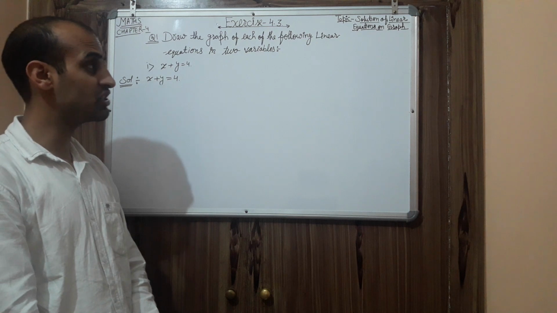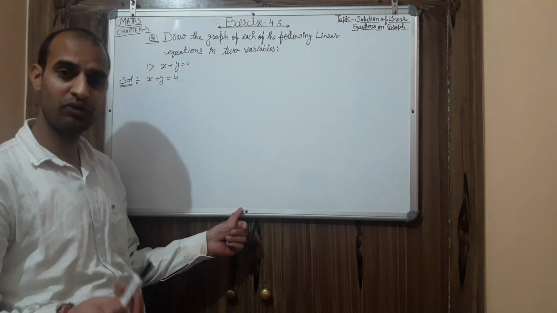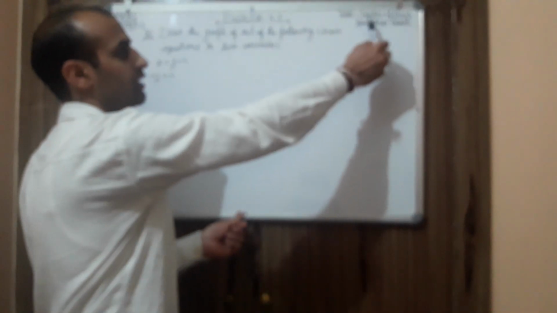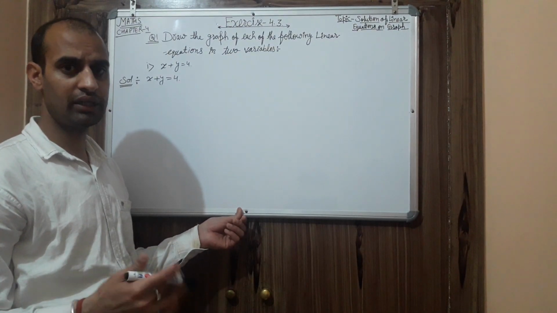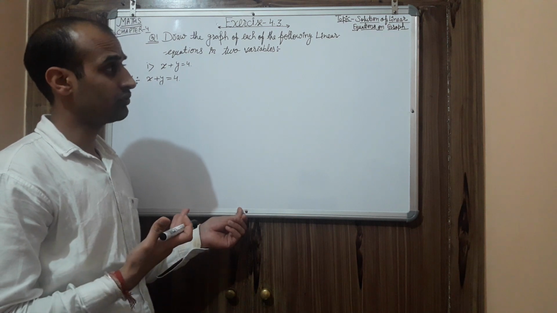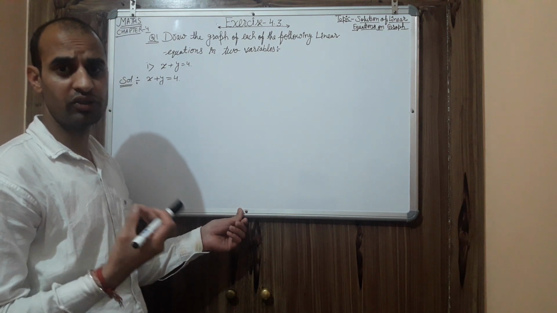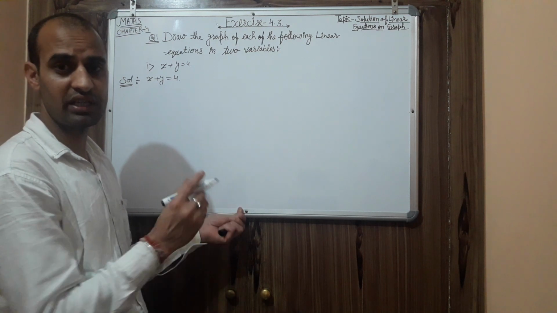As you all know, we are in chapter number 4, that is linear equations in two variables. So today I am going to take you through a very interesting topic, that is solution of linear equation on graph. How to find it on a graph? In general we have solved questions, but this is a very important topic, and mostly in the exam one question comes from here. So you need to keep in mind this is a very important topic. How to solve it? Try to understand it today.